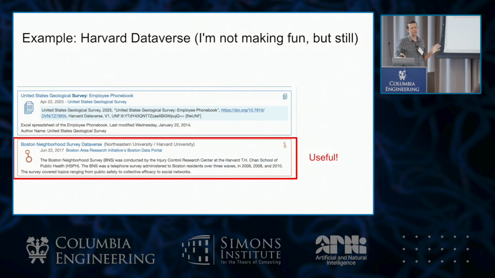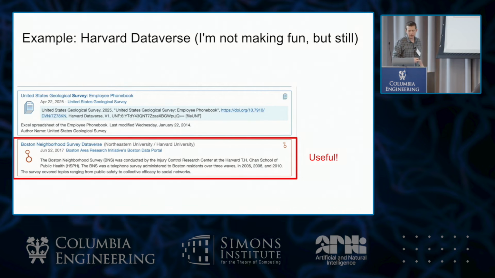Probably the best centralized location of social science data is the Harvard Dataverse. Has anyone put data in there? Oh, really? Well, it's a big deal in the social sciences, but people do use it. I just went to the first page, and there's the Boston Neighborhood Survey Dataverse. It has a whole bunch of things about its longitudinal data, topics on public safety, about social networks. This sounds really promising, right? Okay, we have micro data. We could potentially build models based on this.